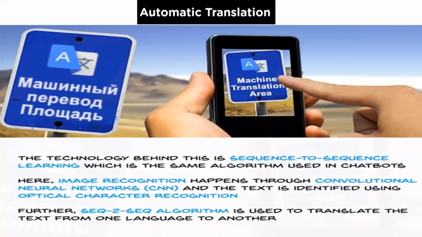There are some apps developed by some companies. If you use this app, you can go to any place, scan or take a photo of the text images, and it will automatically convert into whatever language you want. For example, if I don't know the language, assume it is German. If you use some of these apps, it will automatically convert it into whatever language you want. If you want to convert German into English, all these things are possible.